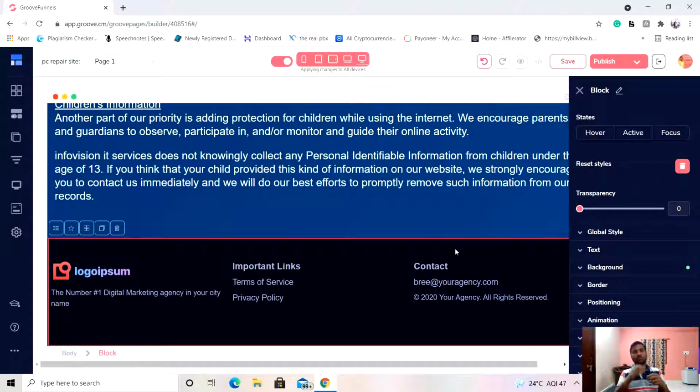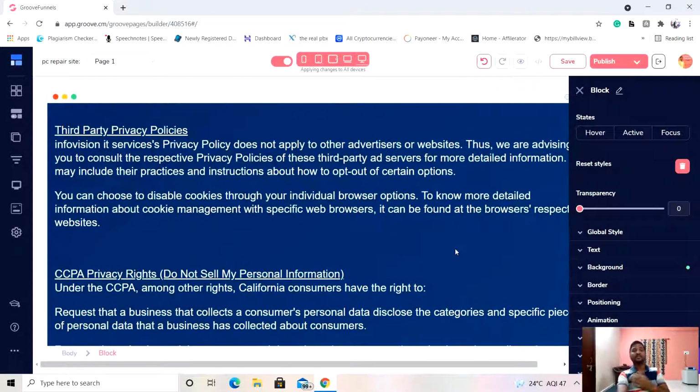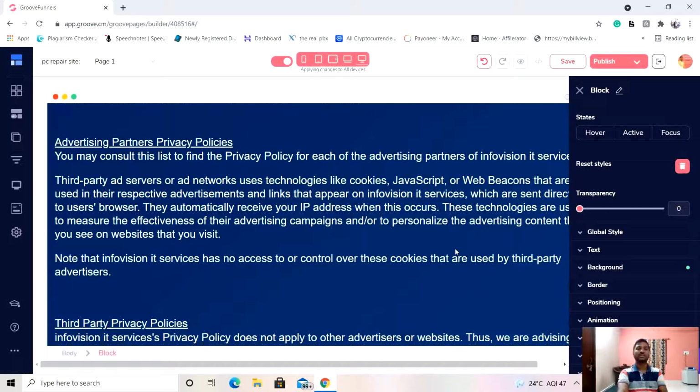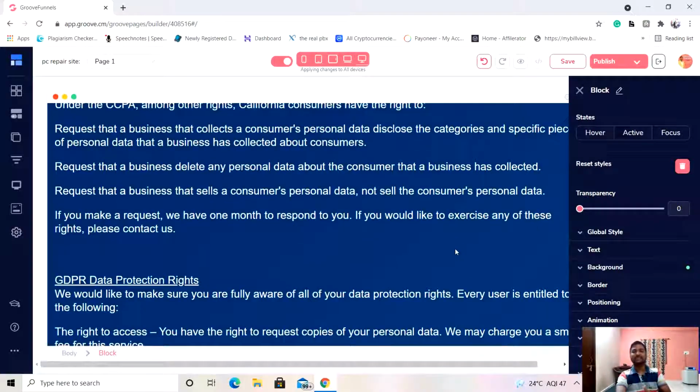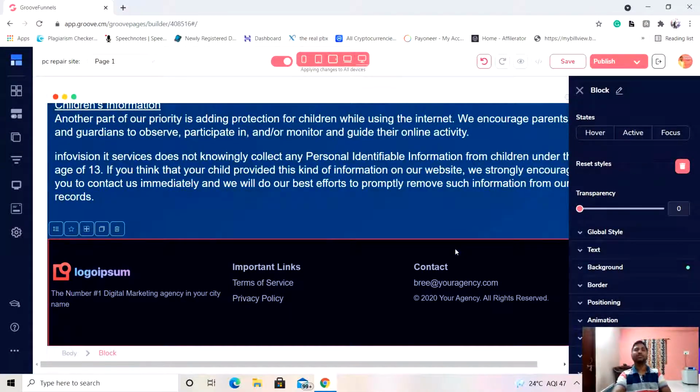So if you are designing the home page, try to save the footer and the header as your templates, at least. You can save any of the blocks, any of the templates. I saved the privacy policy as well, because I am going to use the same privacy policy for the rest of my other websites. We can save these things so that we can use them for the different pages, as I did here.